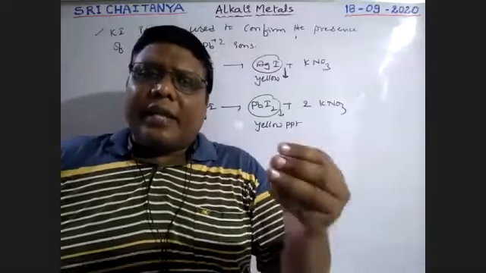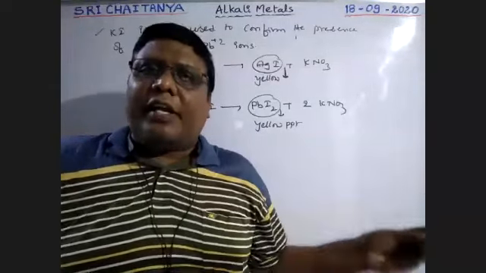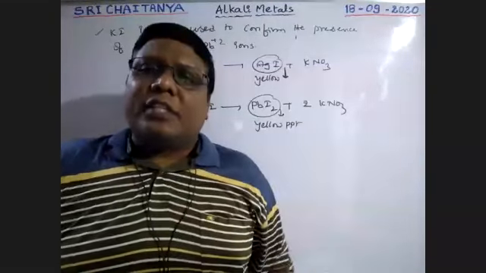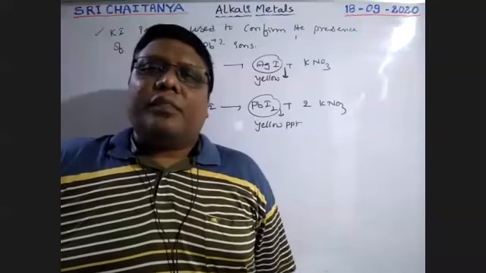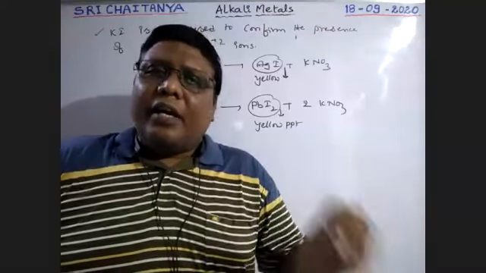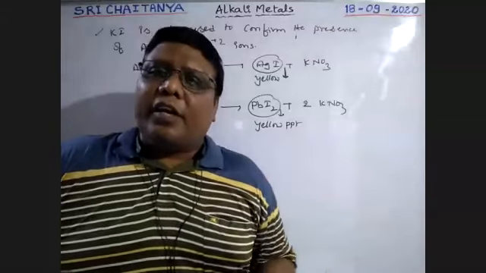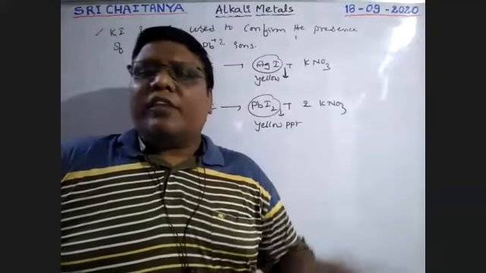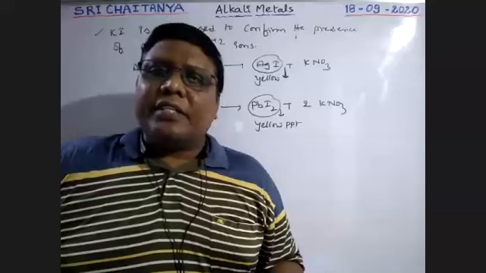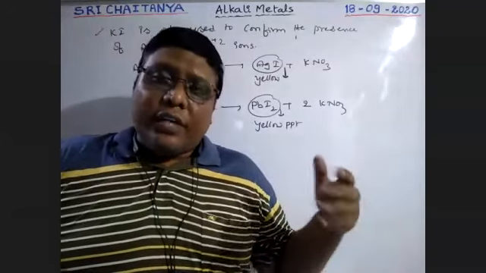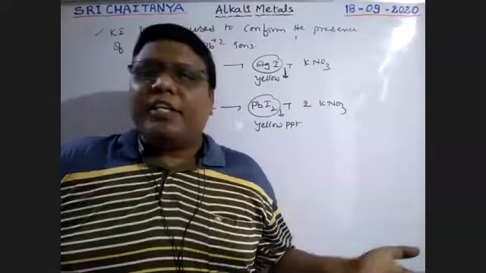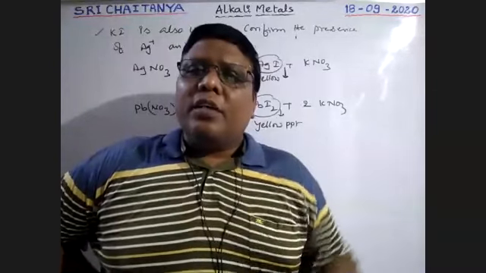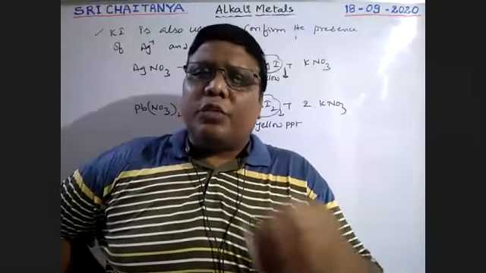So KI is also used as a reagent in your laboratory to confirm some of the metal ions. These are some important applications of potassium iodide, a very, very important compound of potassium. It is a laboratory reagent for making necessary reagents, also used to identify metal ions, and acts as a good reducing agent. To increase the solubility of I2, potassium iodide is used. So this is about compounds of potassium.